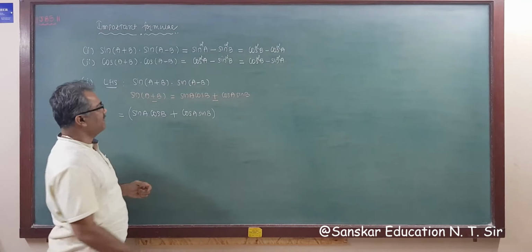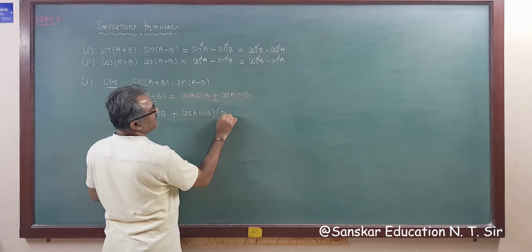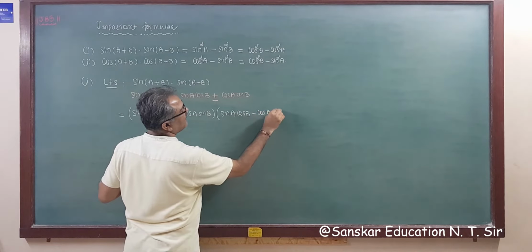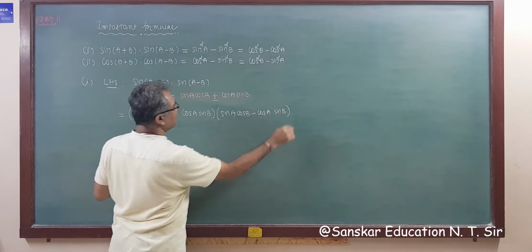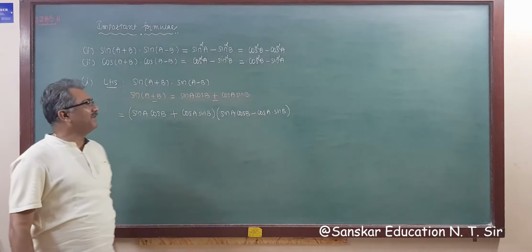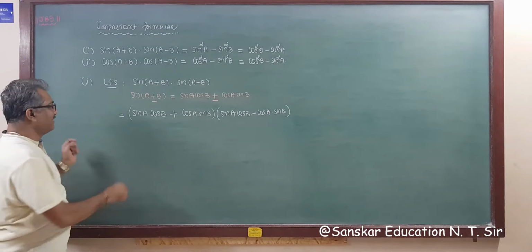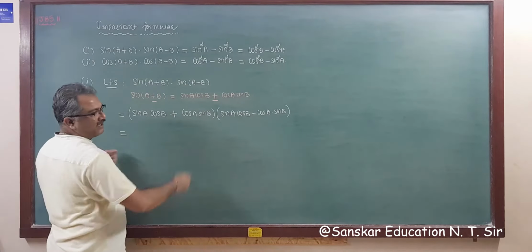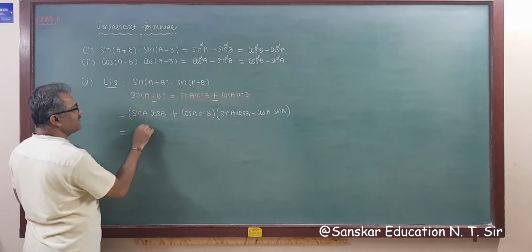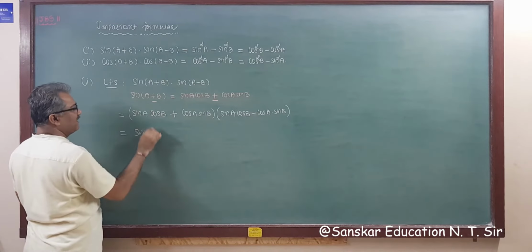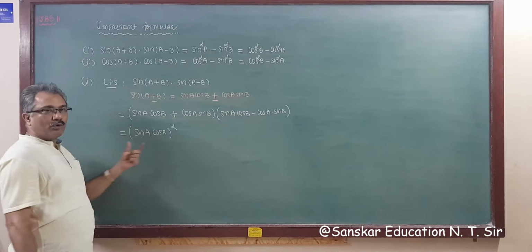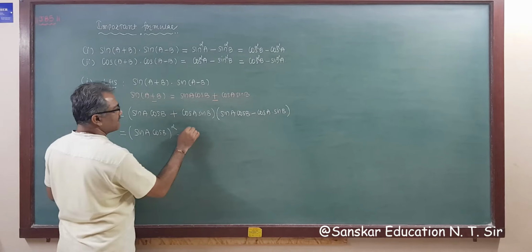Now sin(a-b). So sin(a-b) is sin a cos b minus cos a sin b. This is the answer. Now this is (a+b)(a-b), so you will get a² minus b² clearly. This is a plus b, this is a minus b. So clearly a² minus b², that is (sin a cos b) whole square. I am writing this, not writing both functions squared, right? Minus (cos a